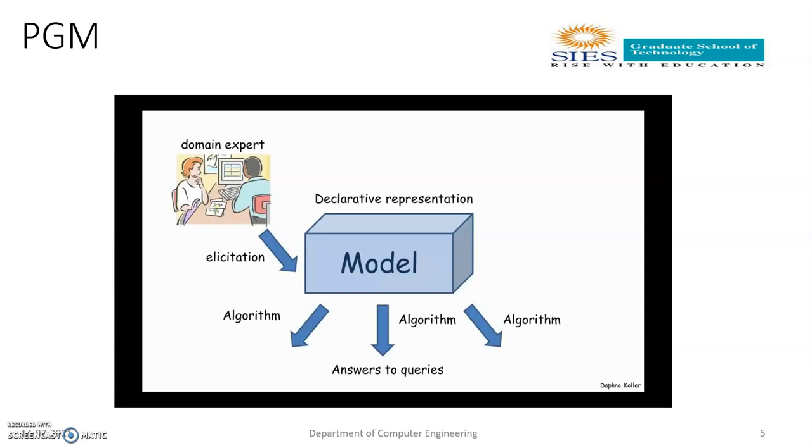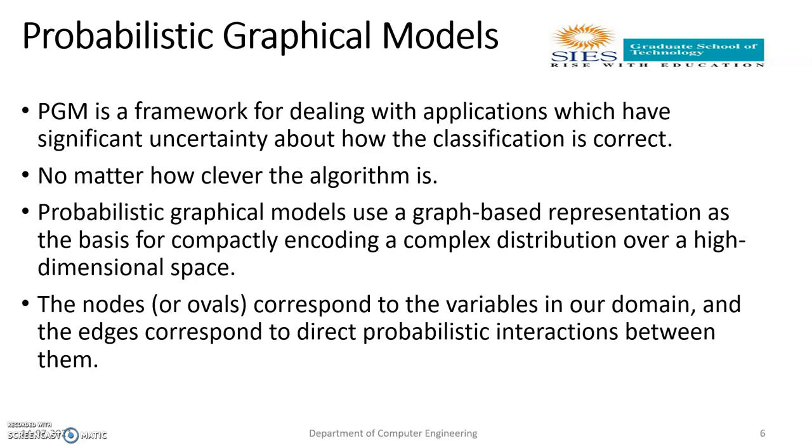As I discussed previously, three domains like medical background, then image processing, then mobile robotics, right? So as per the given domain, there will be a few domain experts. These domain experts will be adding to the knowledge base of the model. And then using the representation and the various algorithms, we will be able to get the queries as per our requirement. So probabilistic graphical models is a framework for dealing with applications which have significant uncertainty about how the classification